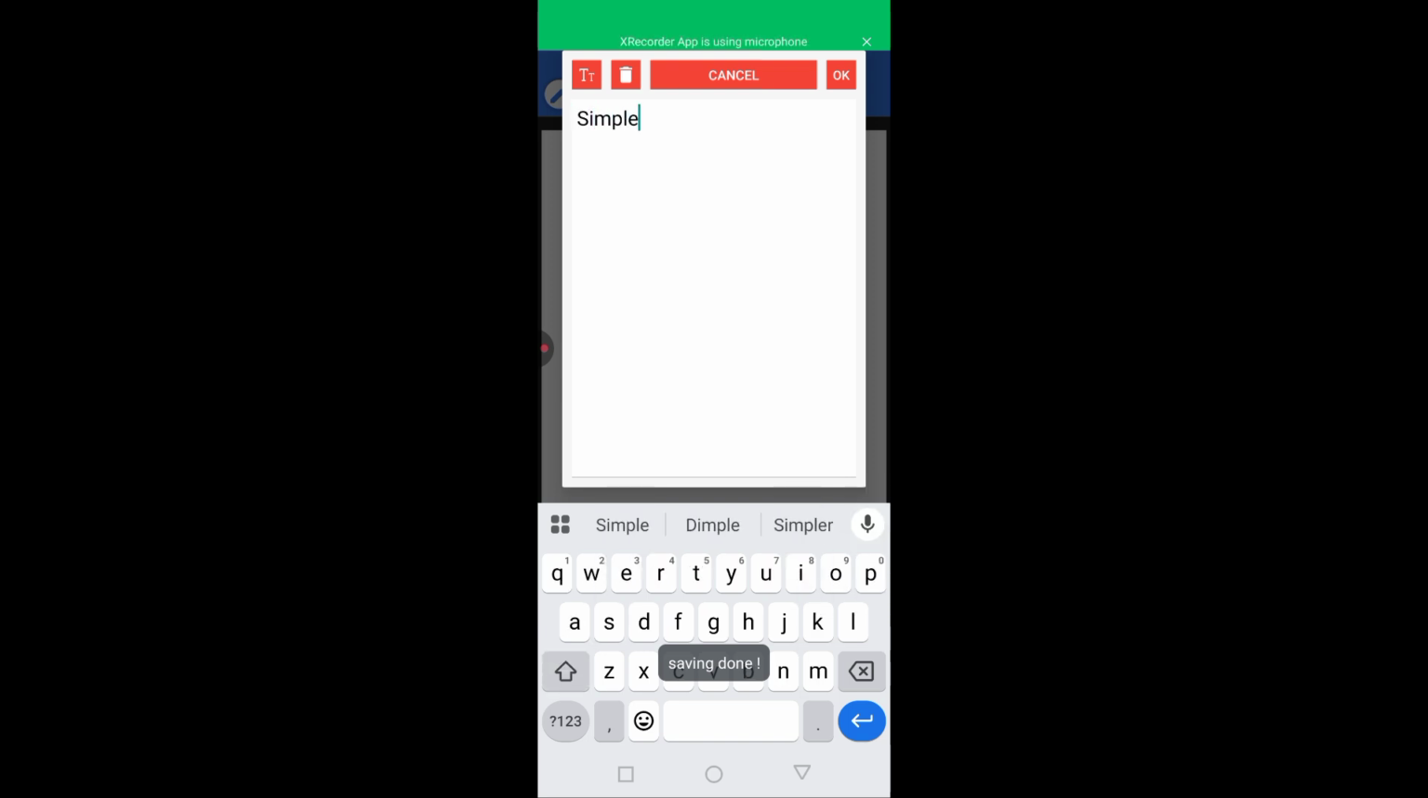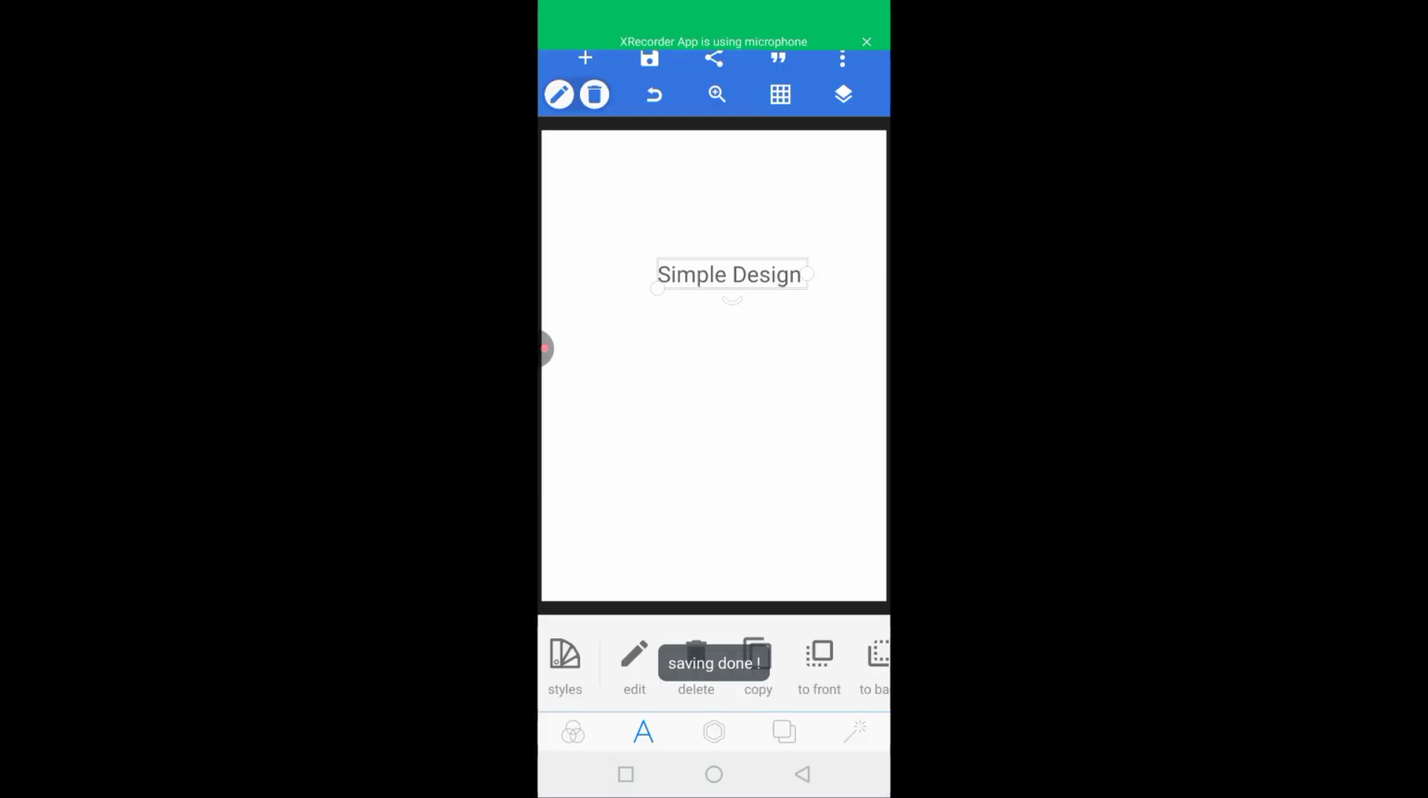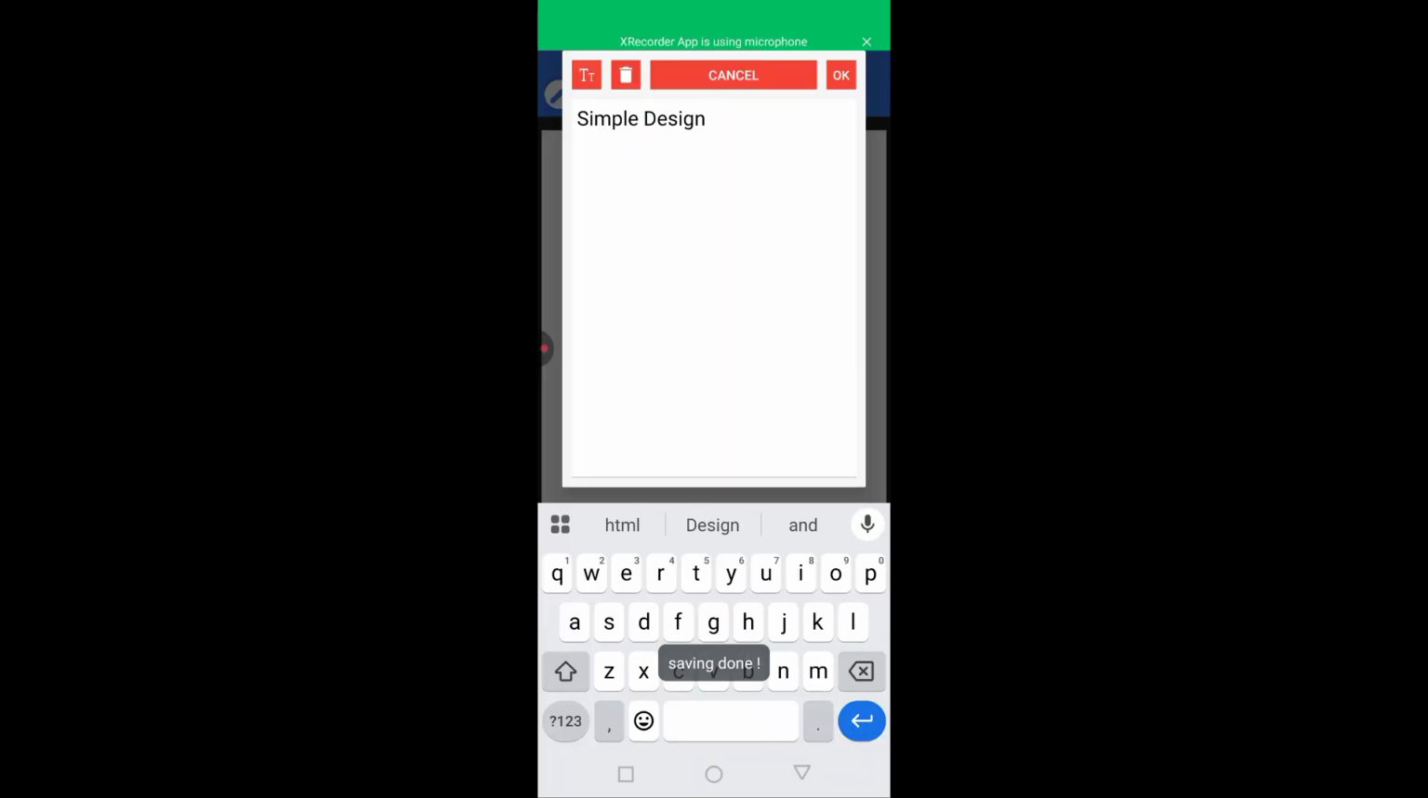Simple design. Okay, then you can increase it. If you want this design to come down, click on edit, then bring it down. You can change it to capital letter here. Okay,